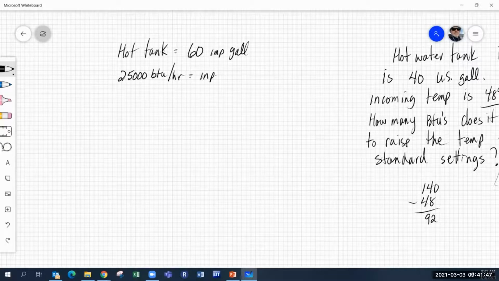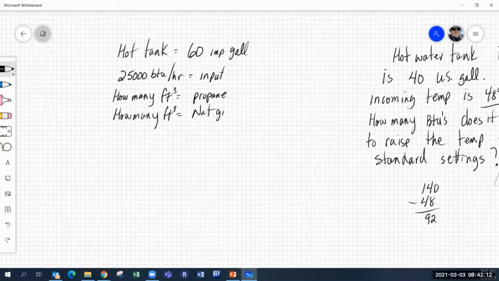And that's my input rating. I want to know how many cubic feet of propane and how many cubic feet of natural gas, C3H8 and CH4,